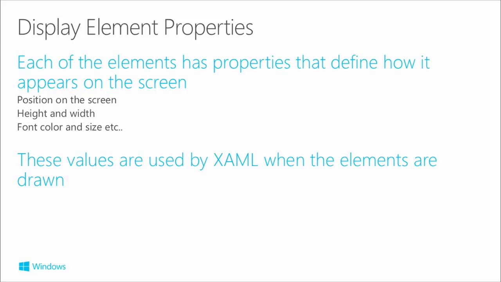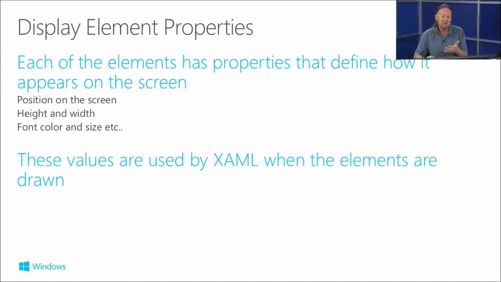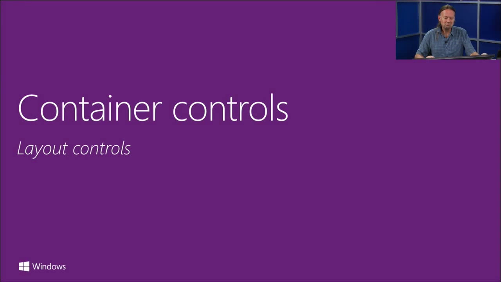And on each XAML element, we put properties on it, like how high up in X and Y coordinates it is, where it is on the screen, what the height and width are, what font we're using, what the color is, and all this kind of stuff. The properties you set on an XML element are defined as attributes in XML. These are used by the XAML renderer to figure out how to draw the resultant scene to the screen.